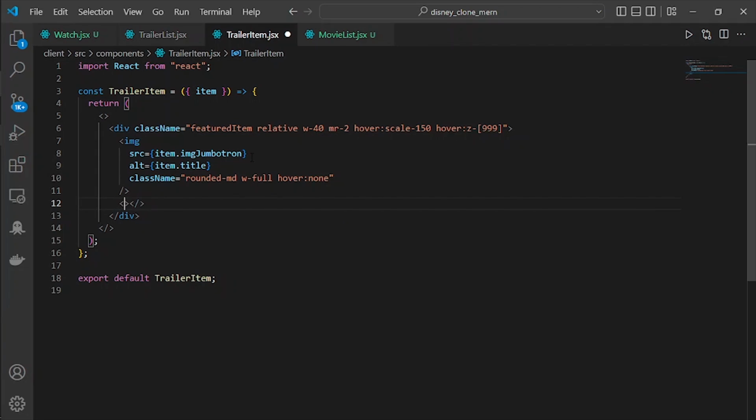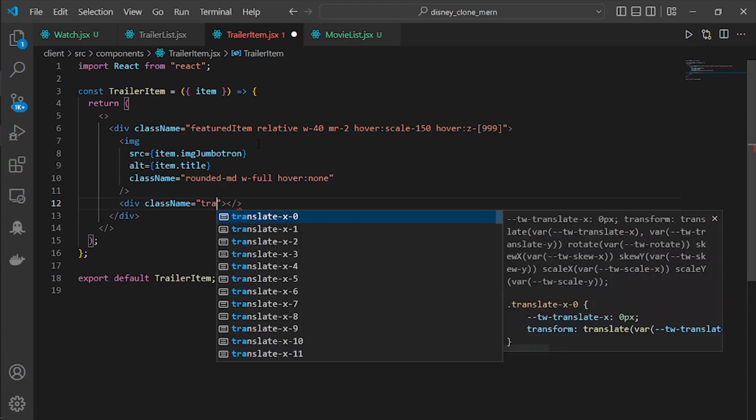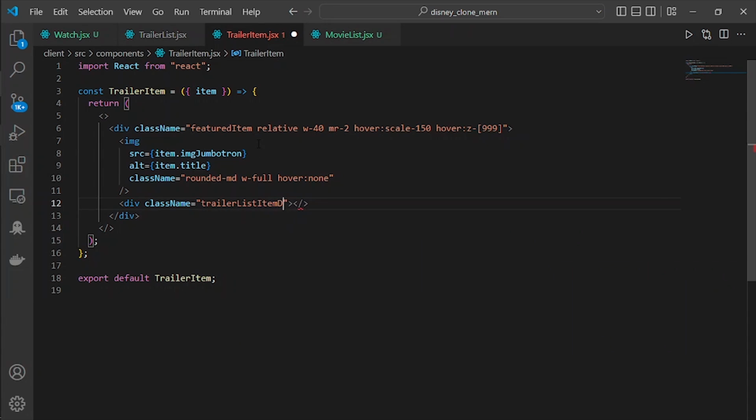Wait a second. A div with a class name equal to trailer list item details, or maybe I can just make it movie list item details, so then we can apply the same style to these details. And it's going to be div, and where in here it should be movie list item,